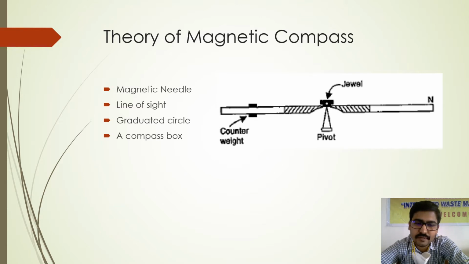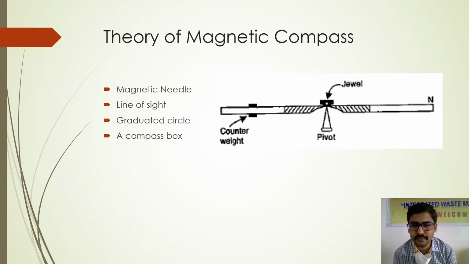So always it is required to have a good magnetic needle free from any other magnetic attraction, and it should be very thin, very narrow, and it should be a balanced one. Whenever you keep the magnetic needle over a pivot, it should be standing perfectly horizontal. That is possible only when the center of gravity of the magnetic needle comes exactly over the pivot. So as far as possible, you need to have the center of gravity or centroid of the magnetic needle exactly